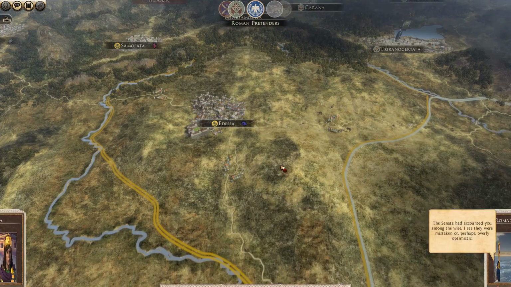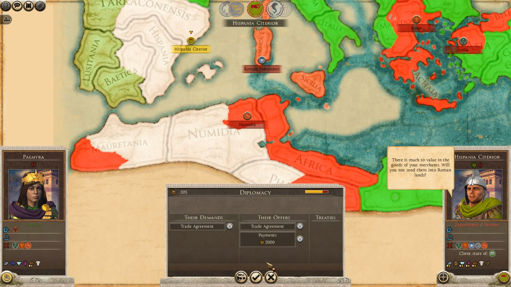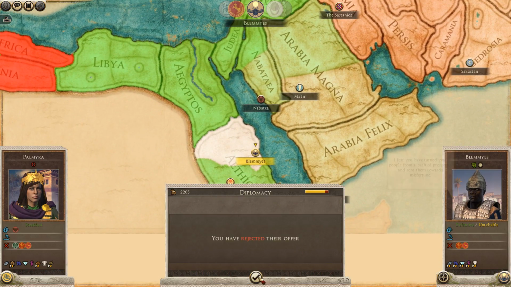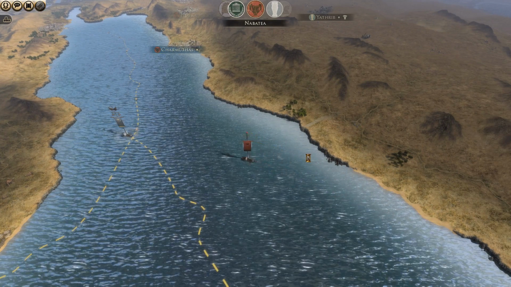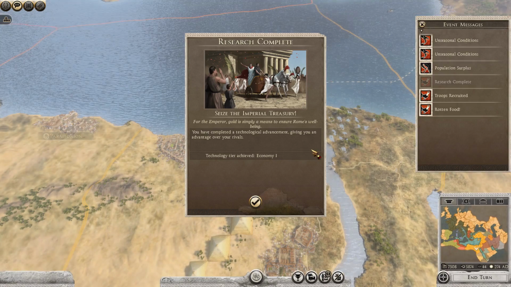Interesting. Hispania Citerior now wants a trade agreement, and they're willing to give me a good amount of money for it. Let's do it. I'll take it, gladly. Numidia didn't do anything. They might have set up an ambush, though, because that army just kind of disappeared. Maybe they got discouraged when they realized that I took that city, but...